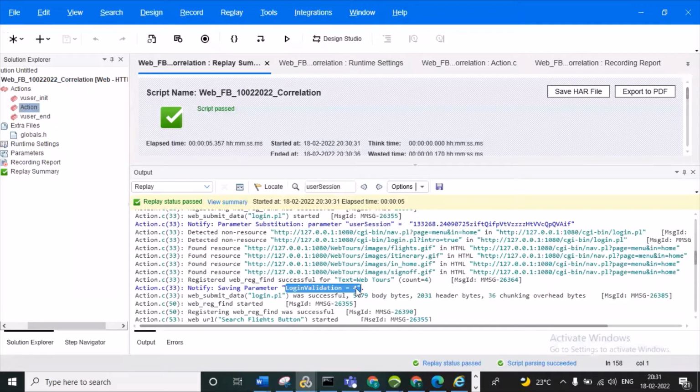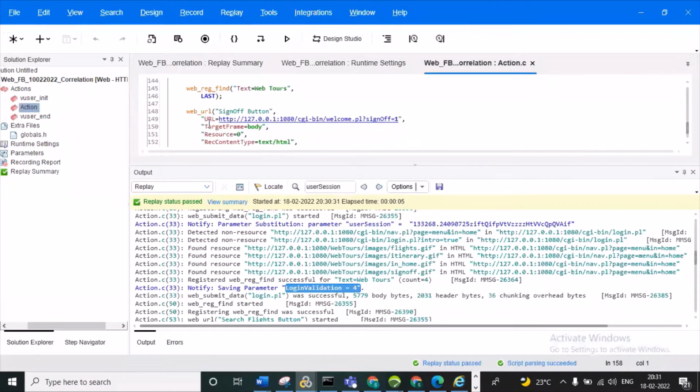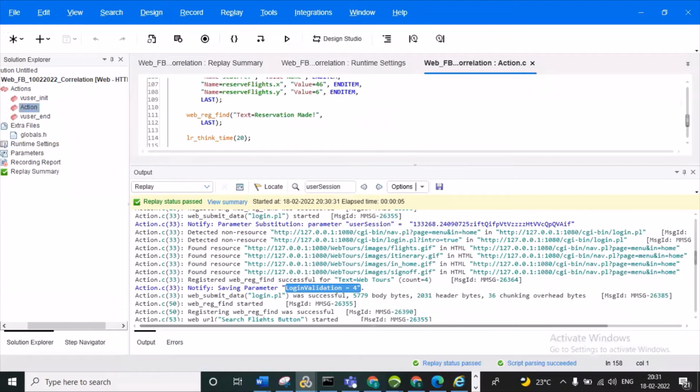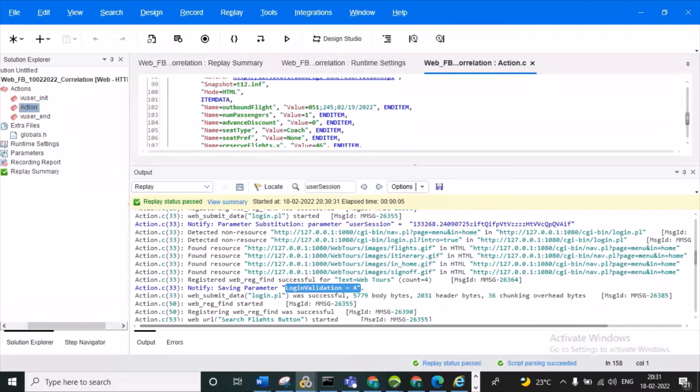For this reason, we need to write it for each and every page. If you have not added this and have not done the correlation, the script will pass, but you don't know whether you got a valid response or not. That is why we give the validation point. Okay, is everyone fine with the text verification point?